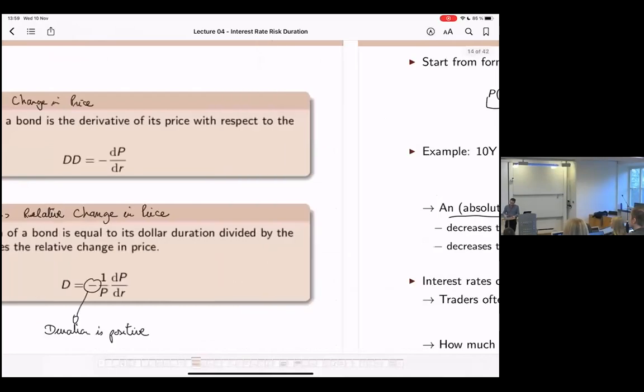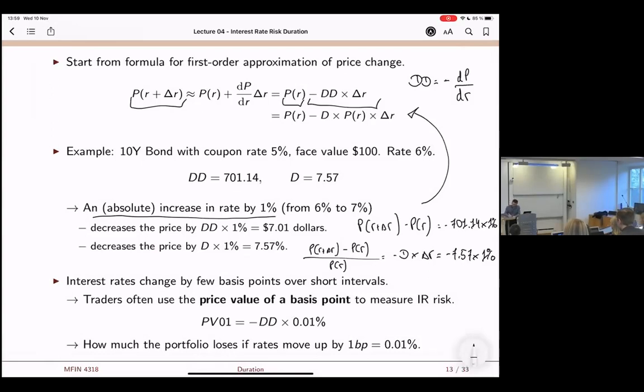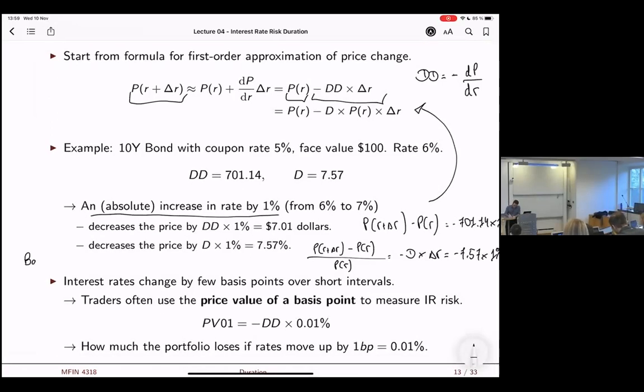And finally, just a question of terminology, although we are not going to use this that much. The point again is that here I made you look at a change in rate of 1%. So from 6 to 7, that's pretty big. That's not the typical change in interest rate that happens over the course of a week or a month. So what traders in fixed income often look at is the price value of a basis point. So what is a basis point, for those who remember? It's a percent of a percent,